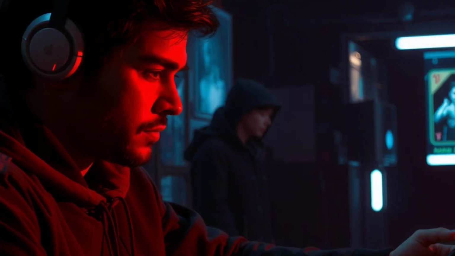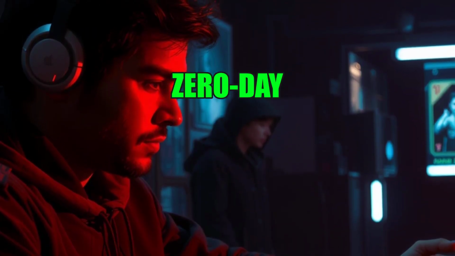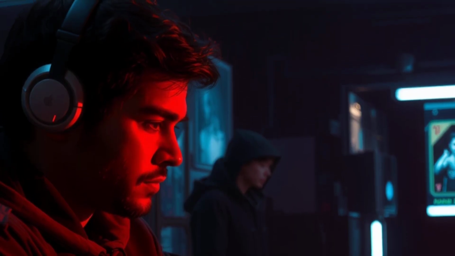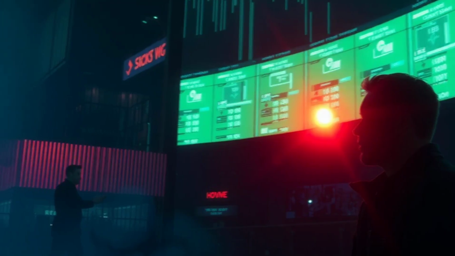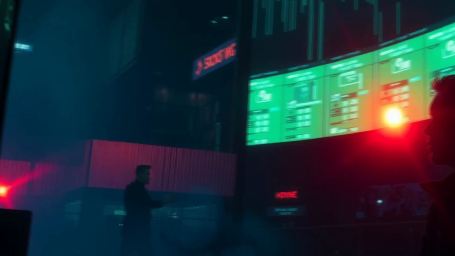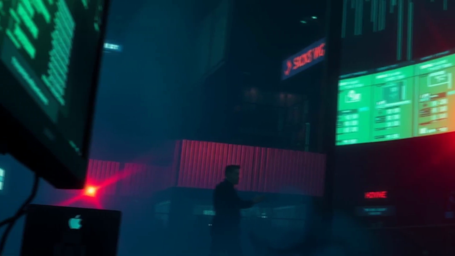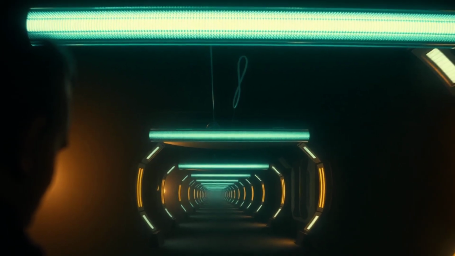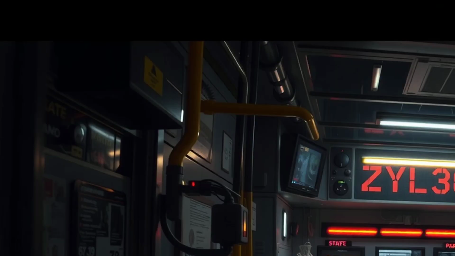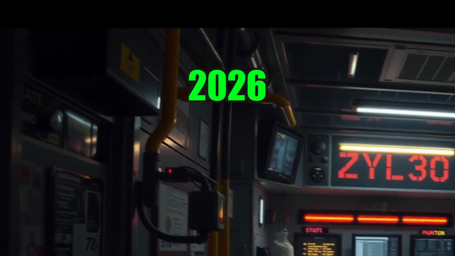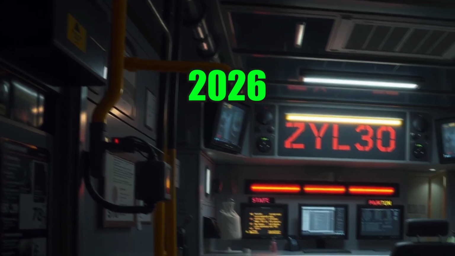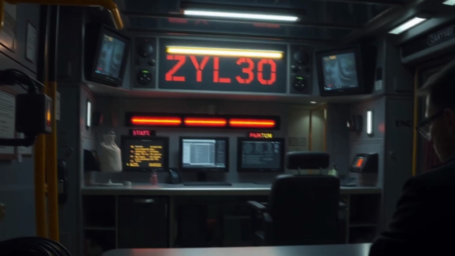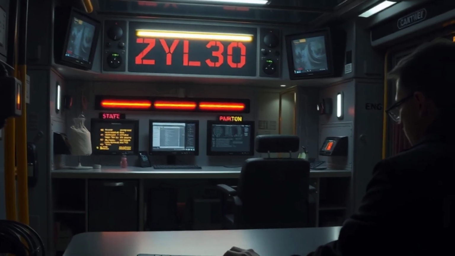This was the first 0-day Apple patched in 2026, but it continues a trend. For the past few years, Apple has had to patch around a dozen actively exploited 0-days annually. This is the new normal. The story of CVE-2026-20700 is more than just a technical breakdown of a bug.